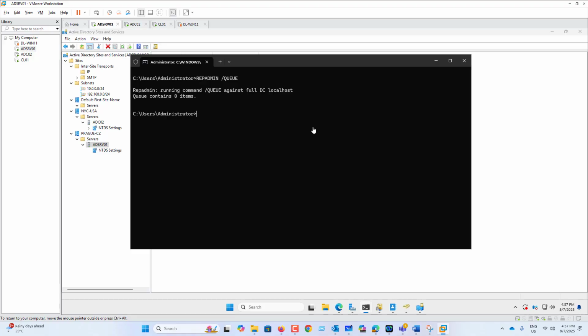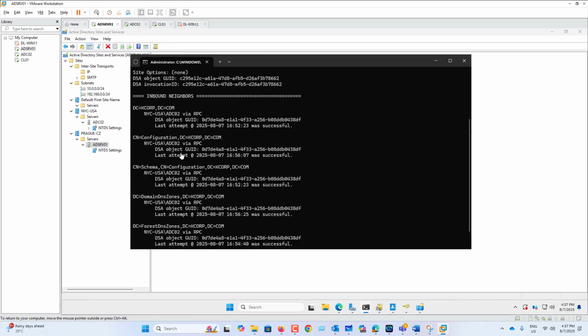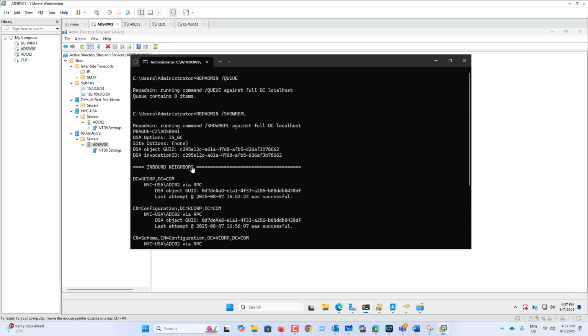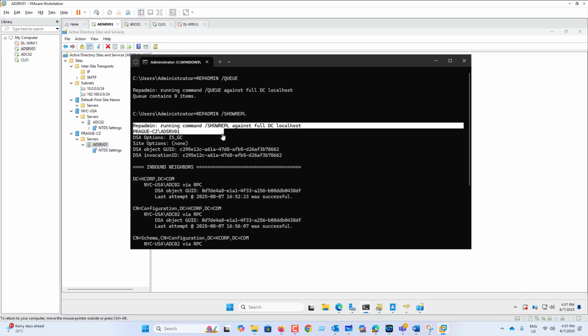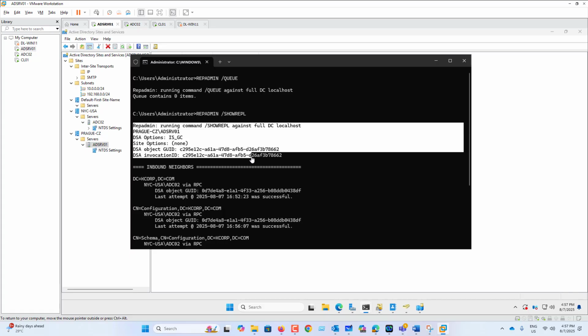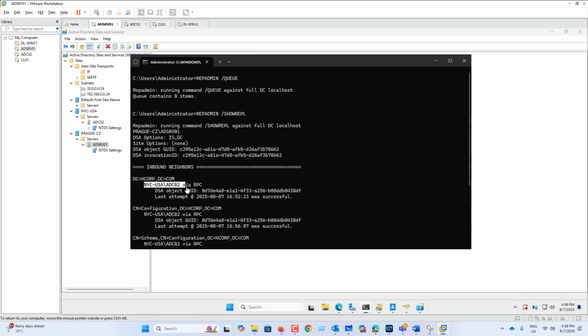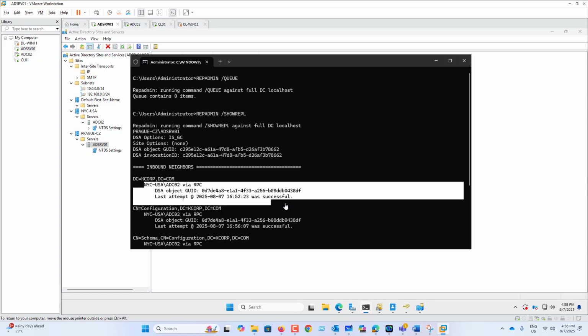Queue contains 0 items, so it means nothing is pending. Then repadmin /showrepl. You see repadmin running command, GUID, inbound. So we have New York, USA, ADC02,